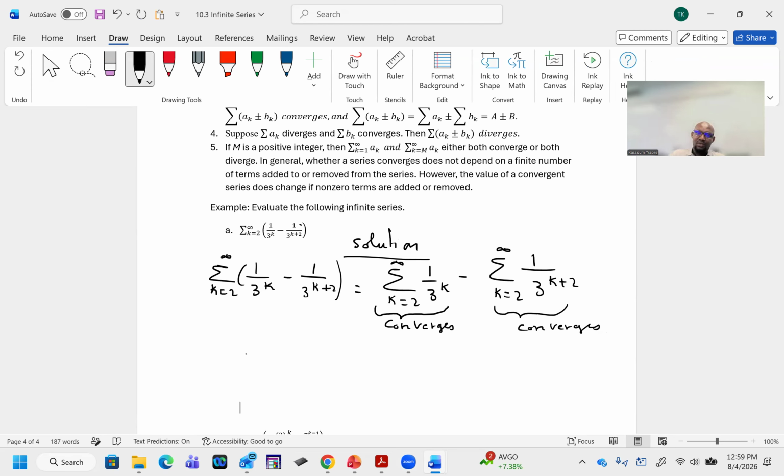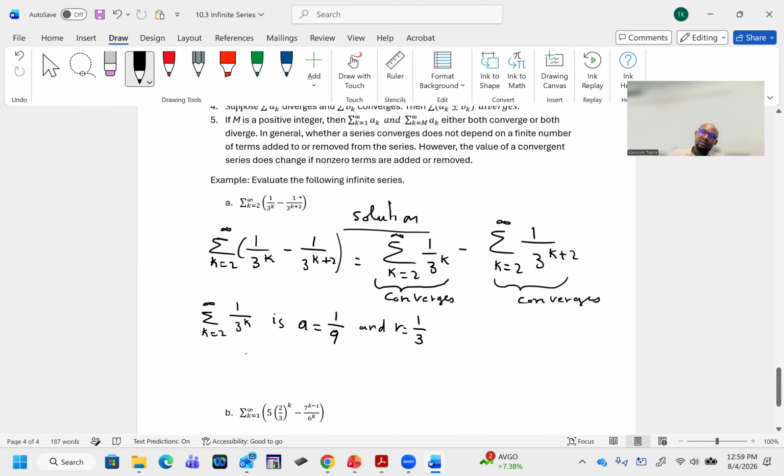For each of them. So if you check the sum from k equals 2 to infinity, what is the first term? 1 divided by 9, right? And r is what? 1/3. And if you look at the sum